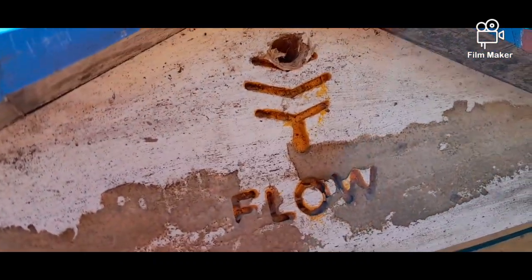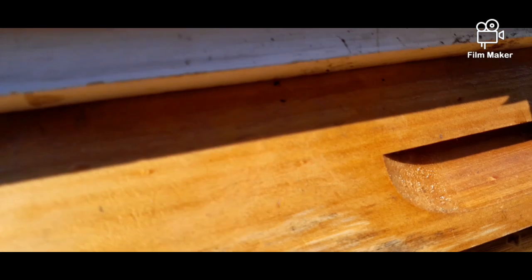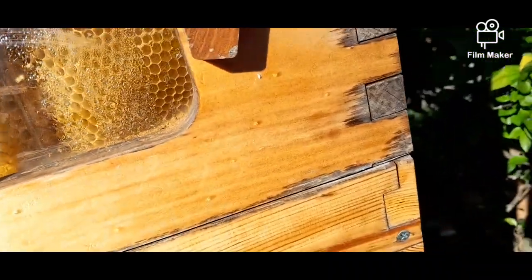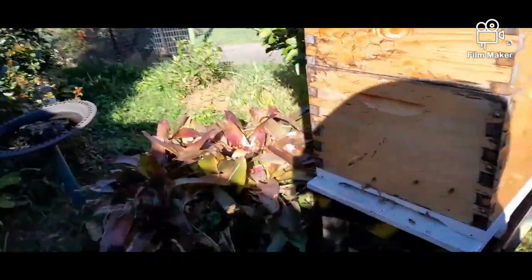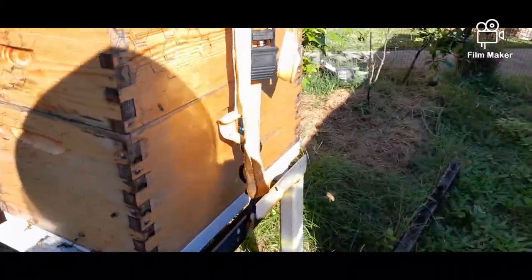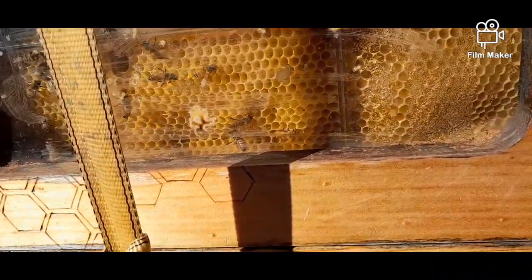So what I've actually done, I drilled a hole and put mesh on the inside. I'll include some photos. And I also put one on this side. Now I know Flow Hive doesn't provide ventilation in the top. However, I seem to have found that even though this box, I'll just move back a bit, is clearly in the sun and is nearly always in the sun, even in winter,